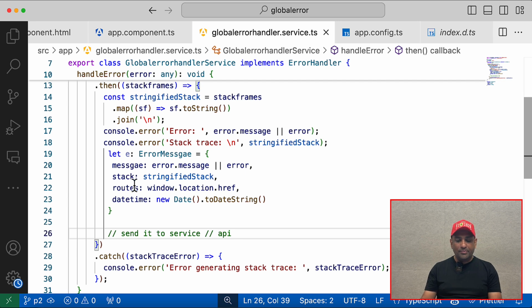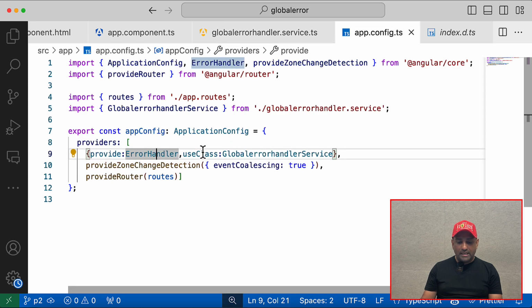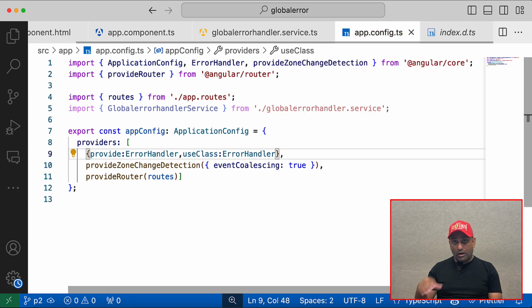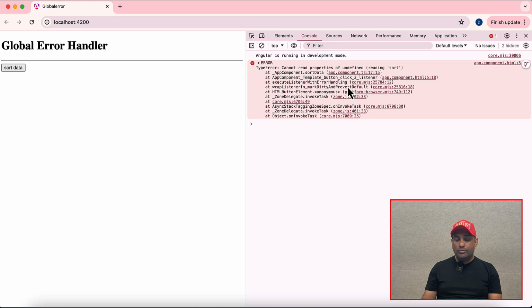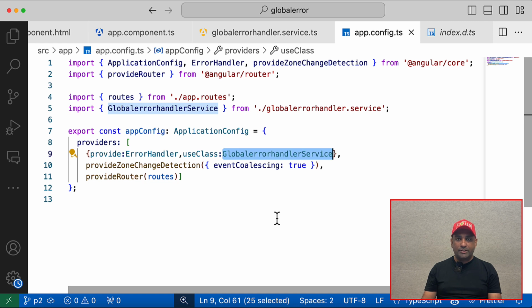to a service, and then from the service you can send it to an API or any log, Elastic Log or App Insights, etc. While doing development, what you can do is go to app.config.ts and say that, okay, instead of GlobalErrorHandlerService, use this ErrorHandler. Then it will not use the class which you have created, and when you're back here, it is using the default class. In the